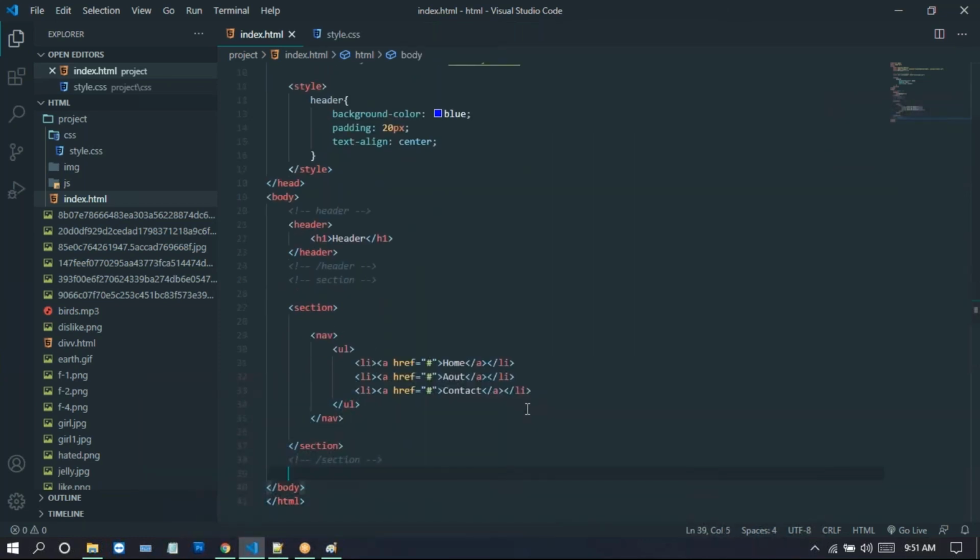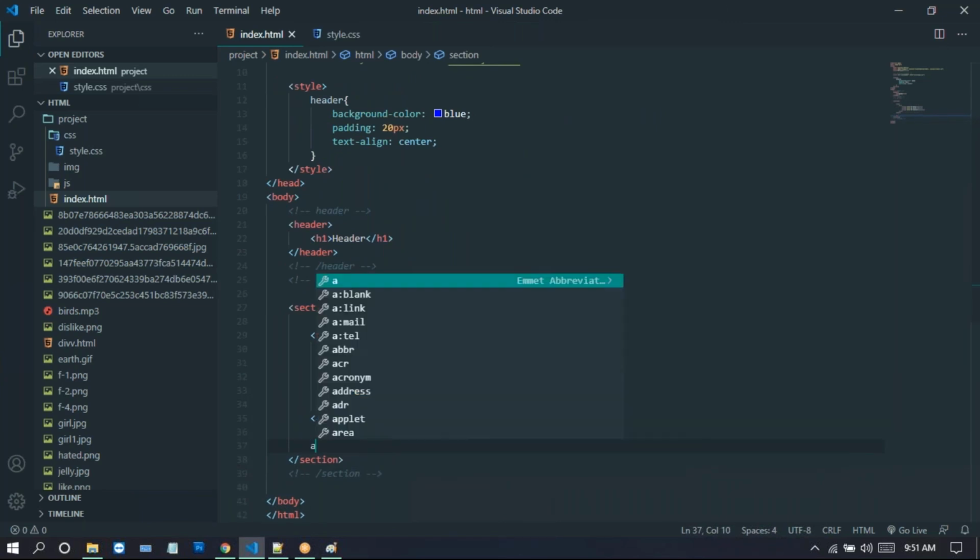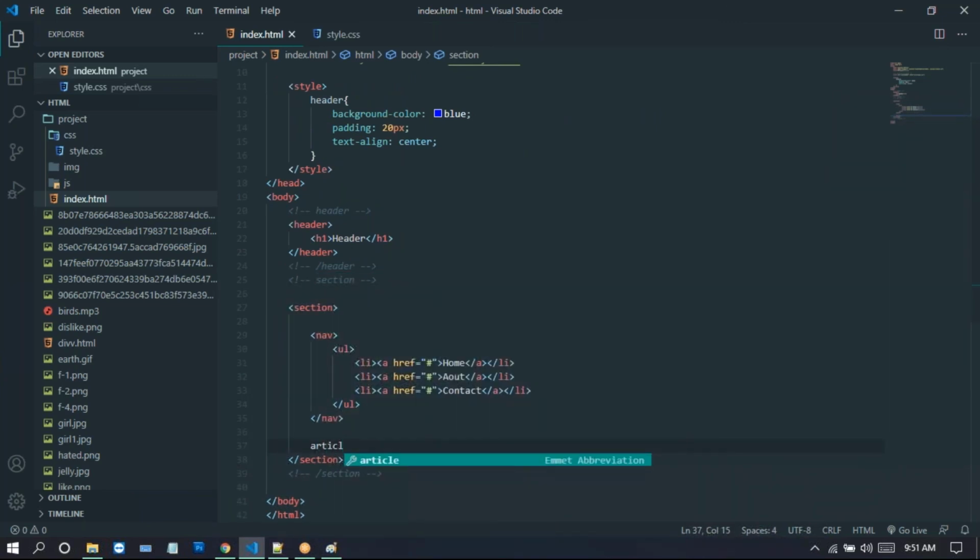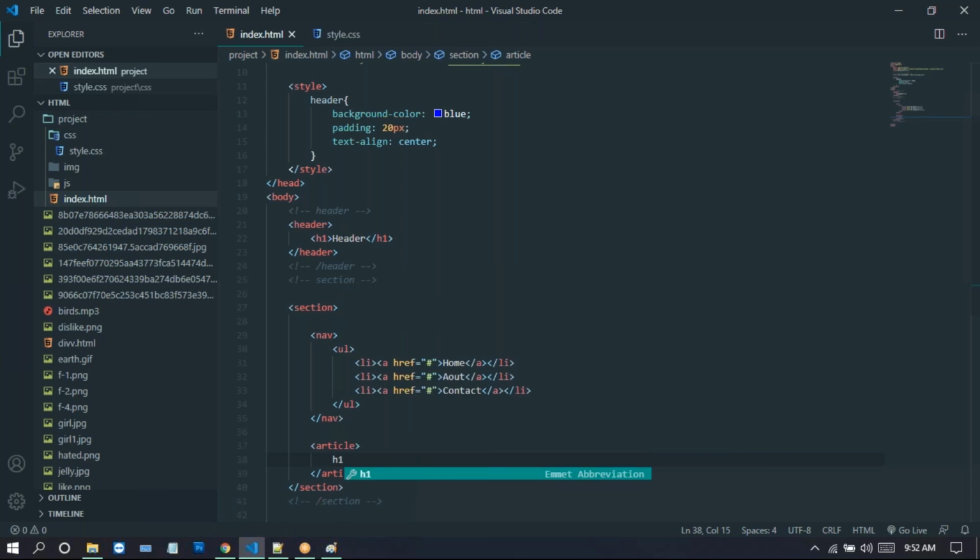Now just created the navigation bar. So here we take one more article. Inside of article, we just provide one paragraph. I can take H1. So here, welcome to London.